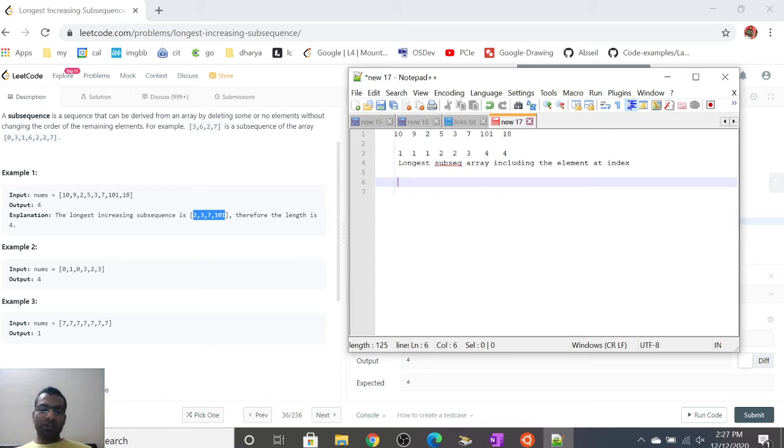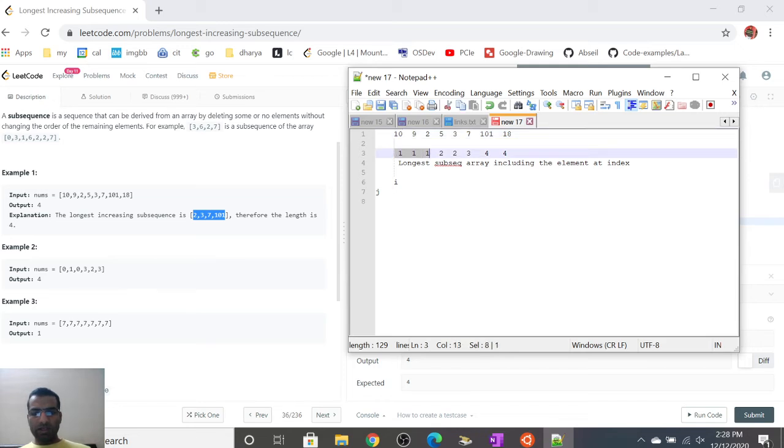We'll take two pointers, first a pointer i and a pointer j. So i will go over the successive elements, while j will always start from element 0 and go up to the other elements.